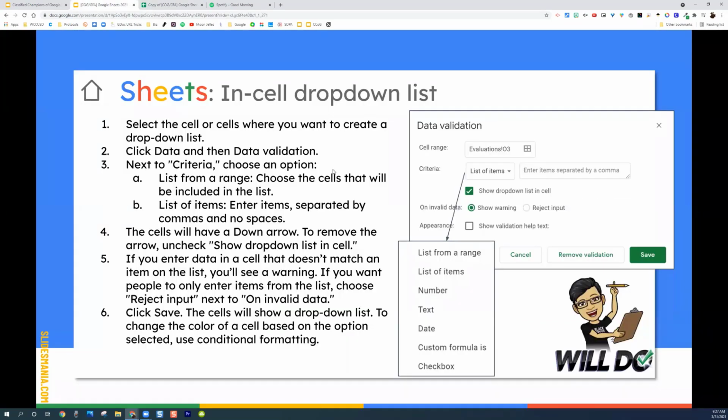Okay, I'm going back. So that's in-cell drop-down list. Again, why would you want to do that? It's if you're going through data and you want to go ahead and categorize it in some way. Okay,